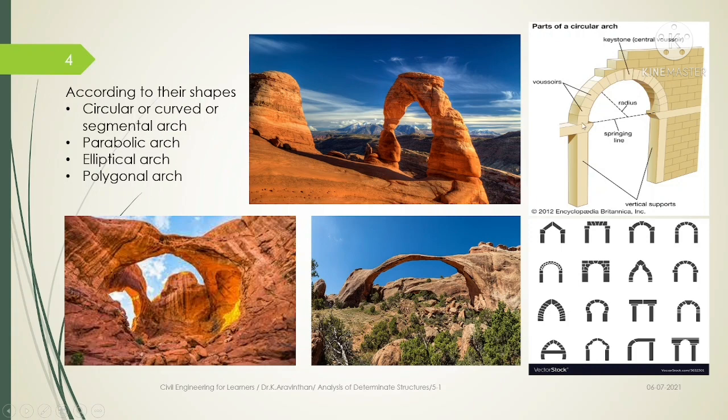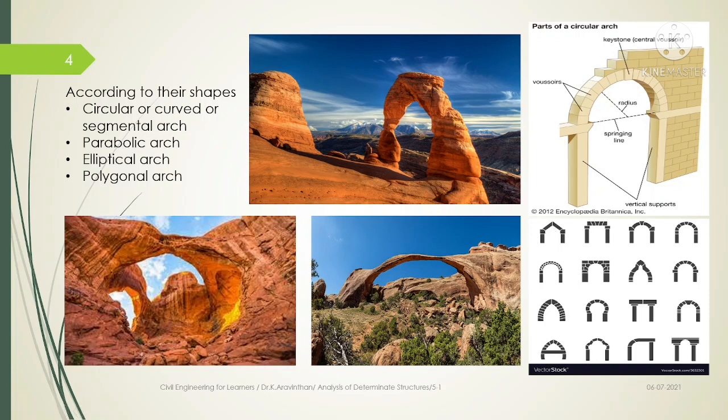So a circular arch is one where you will be having the same radius throughout the half of the section. So then it is known as the circular arch, and it might be curved. So other than the circular arch, you might have this curved arch, and some arches might be segmental. So segmental is connecting the arch by a different number of small elements. So you can see two elements are required to connect the arch here.